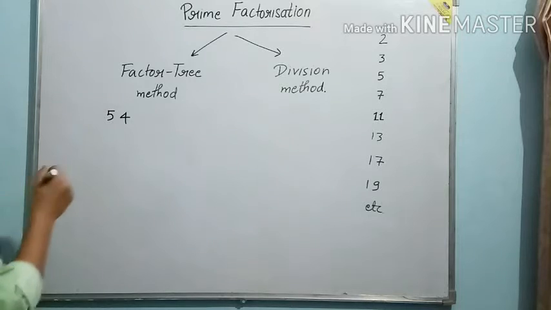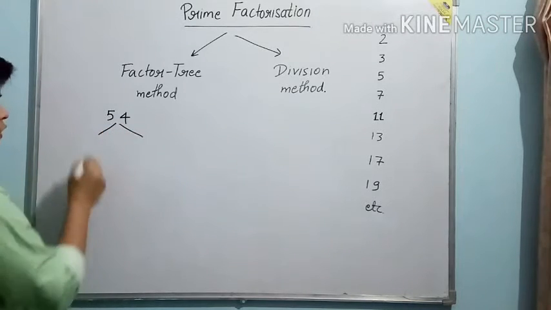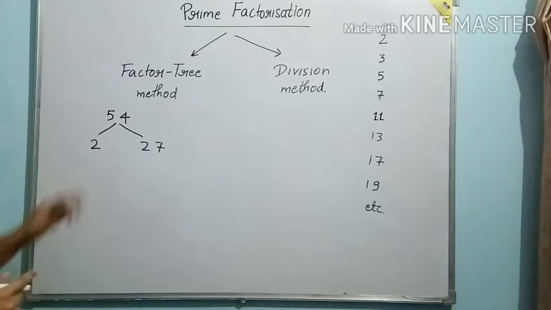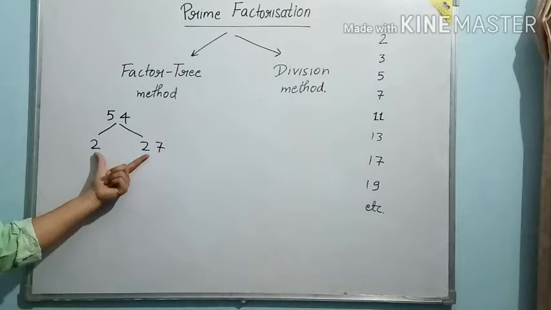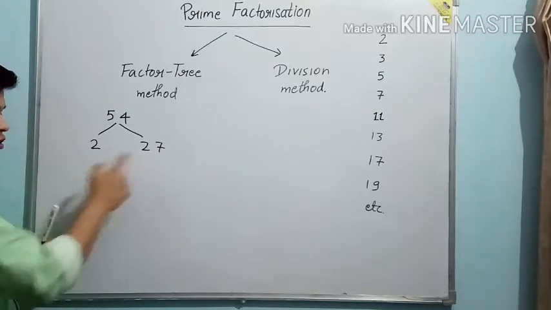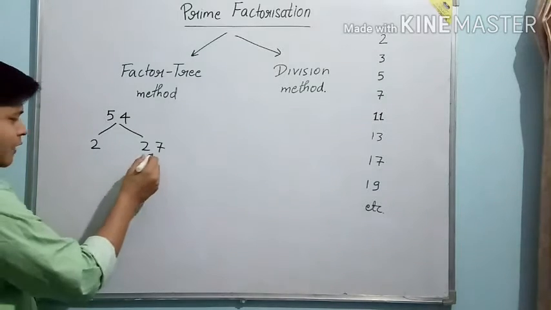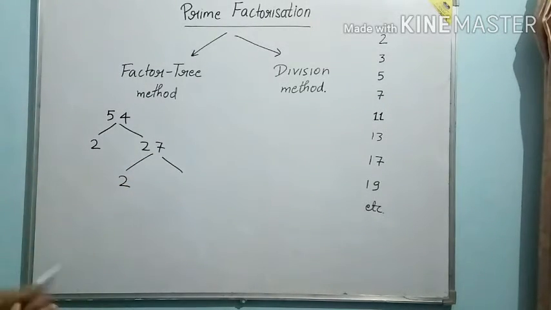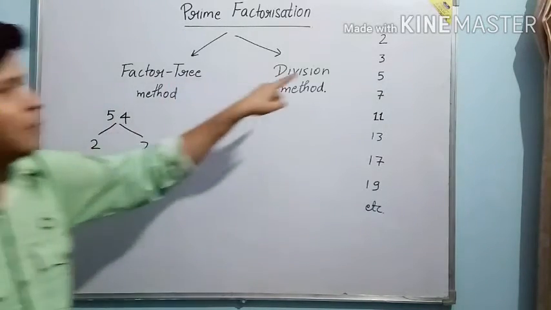So first of all we will write it as a product of 2 and 27. So 27 times is 54, in which, in this pair, this is a prime number. Similarly, take this number, which is a composite number. If I try by 2, we all know very well that 27 is not divisible by 2. So now we can take another number, 3.